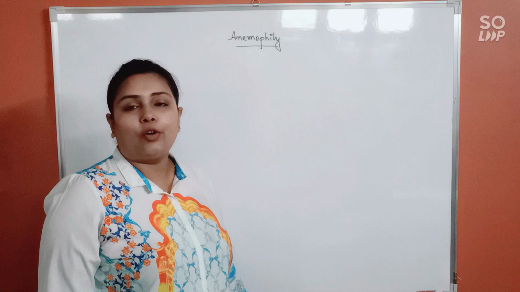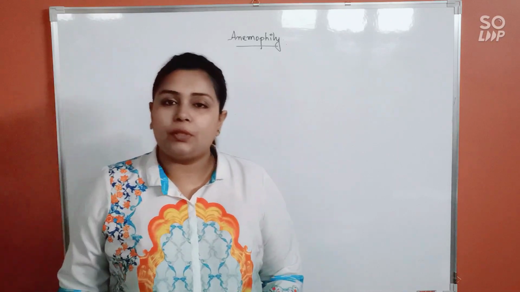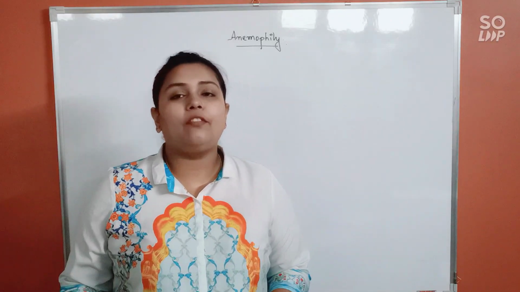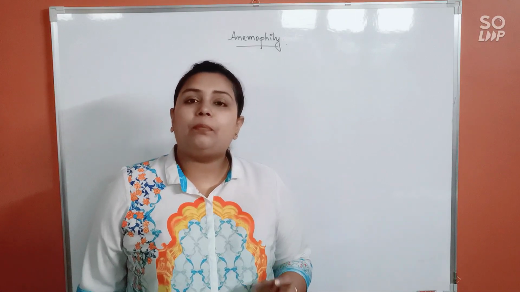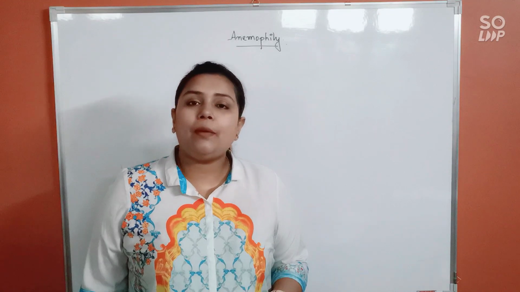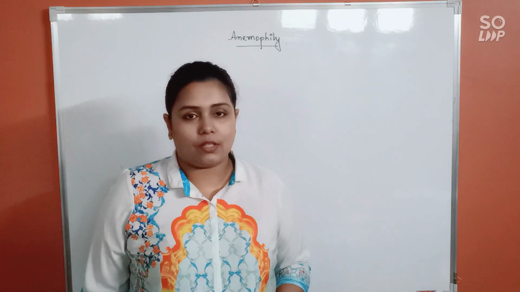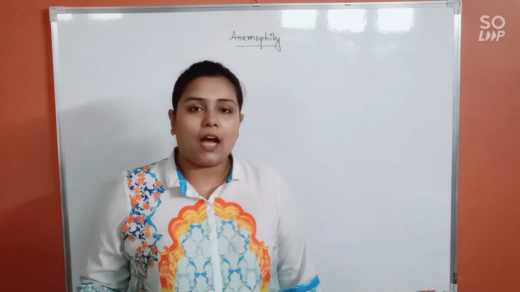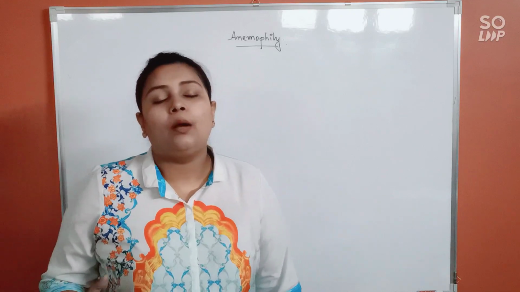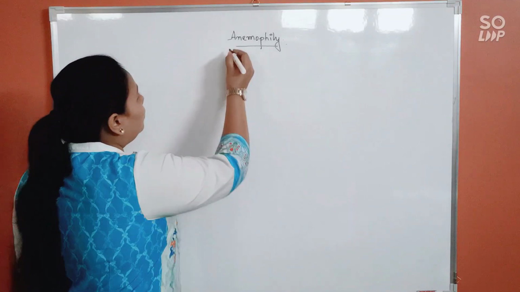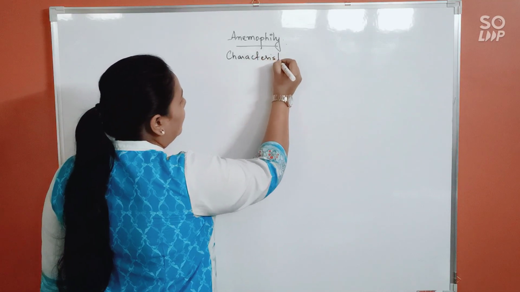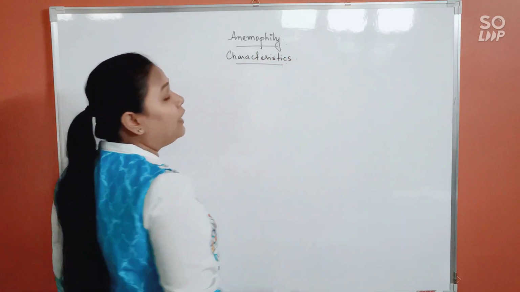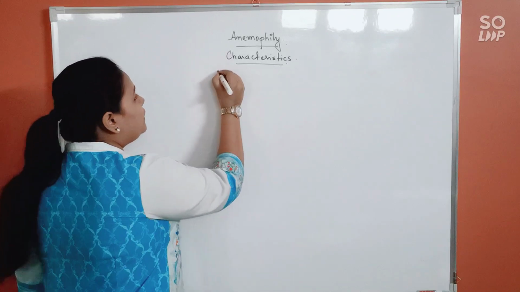Now, anemophily or wind pollination, it's very common, a process that is seen in various plants. Okay? Now, in anemophily, the plants or the flowers, they bear certain specific characteristics. Okay? So, by looking at the flower, you can say that what kind of pollinating agent it might have employed. Okay? So, there are a few characteristics of anemophilous flowers, like first,